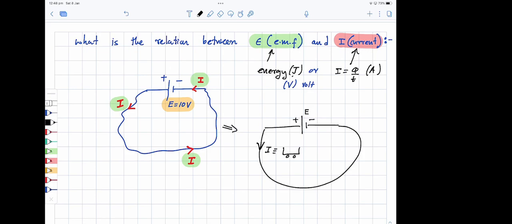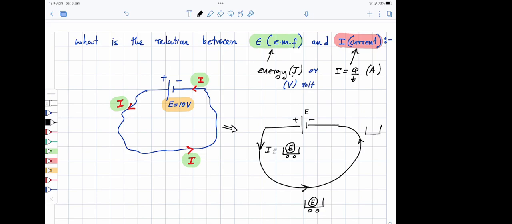So what this cart is doing is loading the energy E. So E is inside the cart, right? Then when the current is flowing, current means the cart is traveling with that energy loaded,